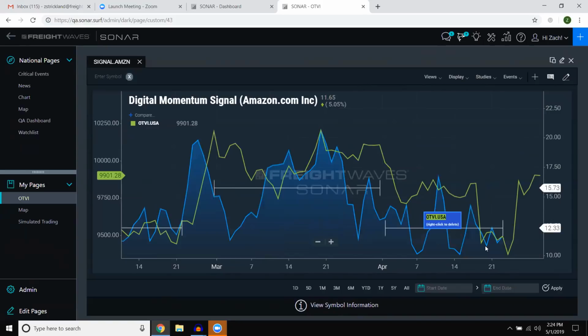But yeah, there's clear correlations between disparate data sources that you can draw with some of this information, and that's really the point of SONAR: trying to connect all the dots. We may not be able to understand exactly why something is occurring, but it is important to realize that it doesn't always matter what the why is, just that it's happening in general, and that's a lot of the reason that the freight market is in the condition that it is in, because nobody really knows what's going on in the first place. So now you'll be able to have even more information and maybe even an anticipatory signal,